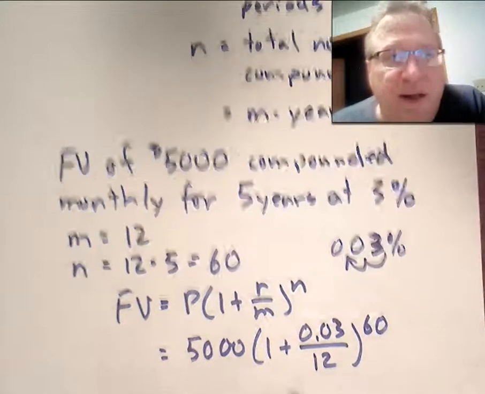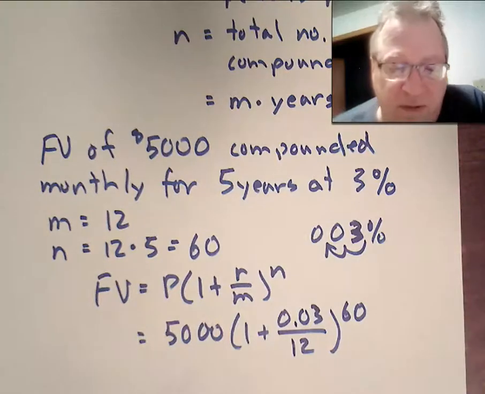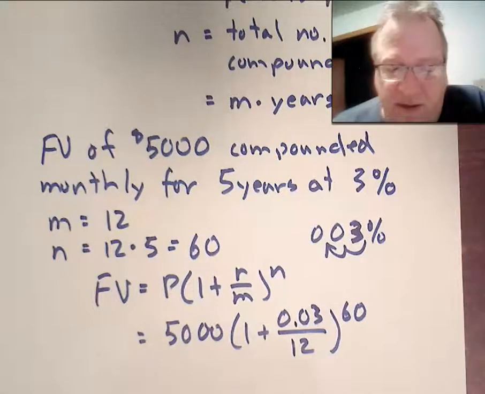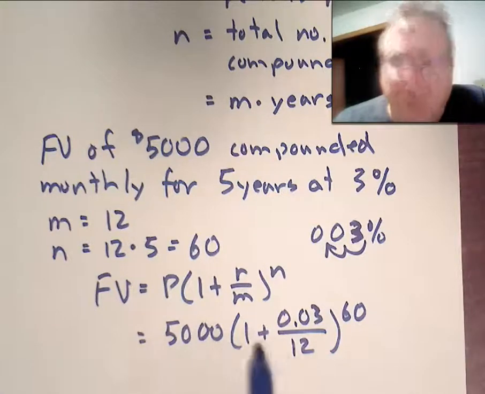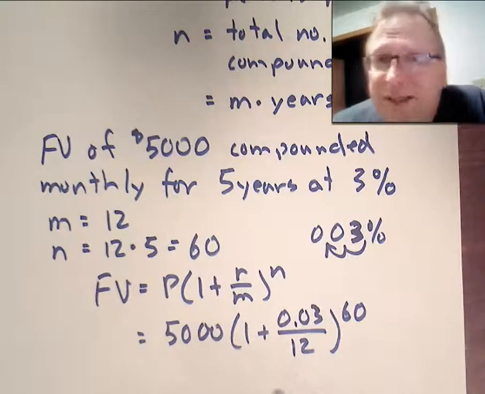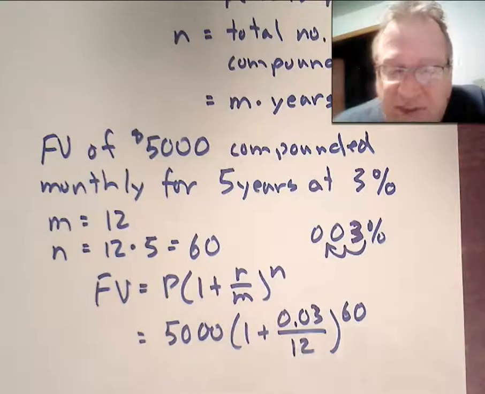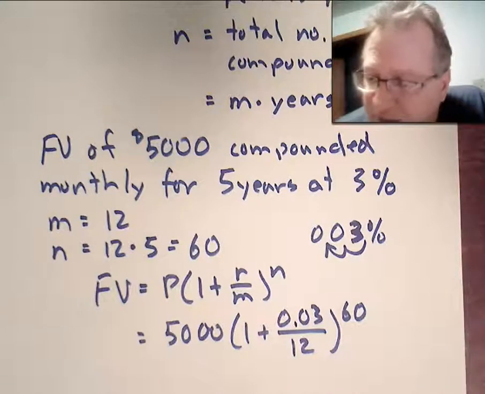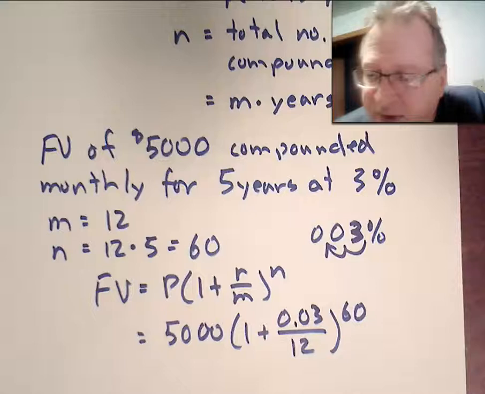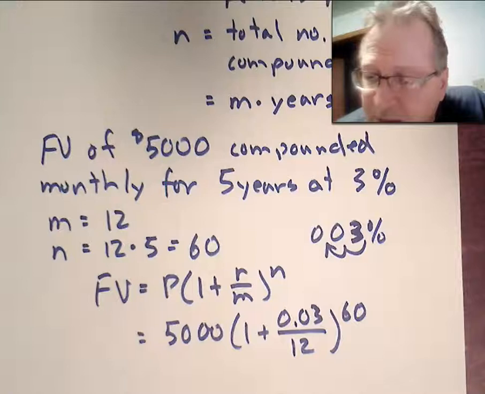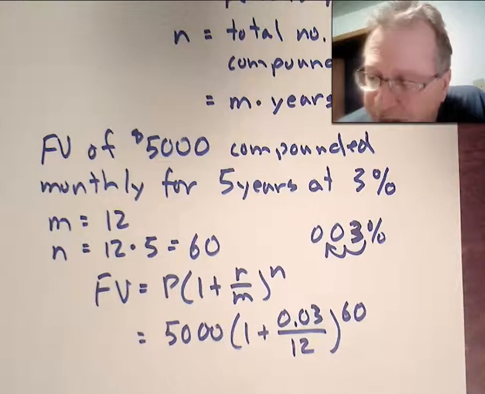Okay, once again, we've got some calculator work to do here. Where do we start? Always, please excuse my dear Aunt Sally, start with the parentheses. We have to go inside the deepest, most heavily nested parenthesis. We only have one here, so we do the work inside. We have division and addition. Please excuse my dear Aunt Sally, multiplication and division comes first. So we take our 0.03, divide that by 12, and then I can add 1 to that, and I get a syntax error because I didn't do that right. Clear everything, start over. 0.03 divided by 12, plus 1,